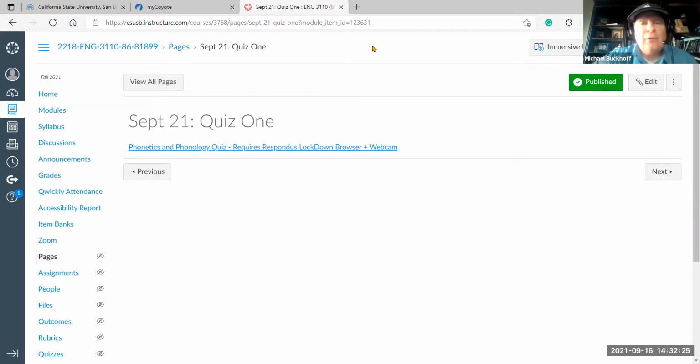I'm going to let you guys do it using the lockdown browser at your convenience. And when you do the lockdown browser, it automatically closes Zoom and any other programs you may have open on your computer. So there's no way that I can see you take the test. So what I'm doing is I'm doing two things here though. Whenever you choose to take the quiz,